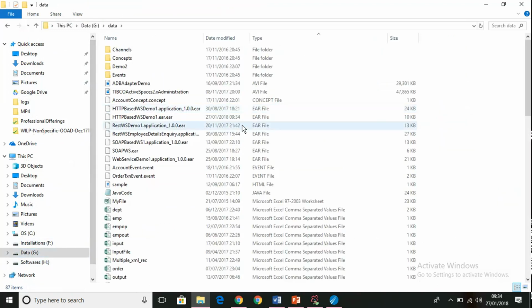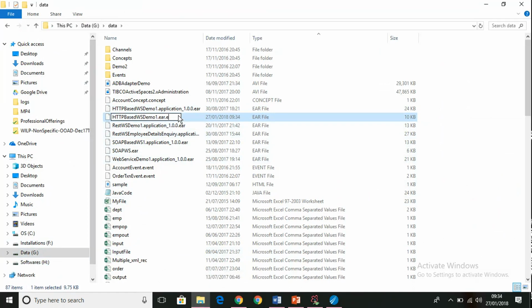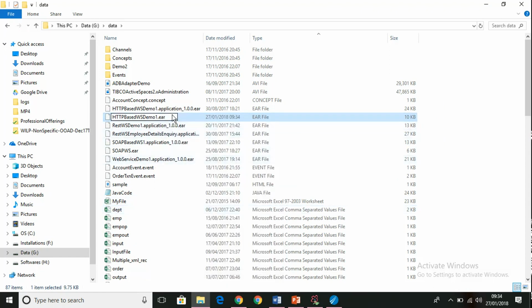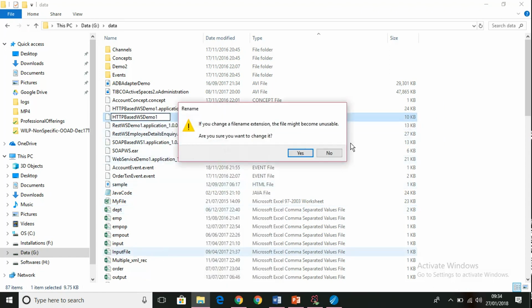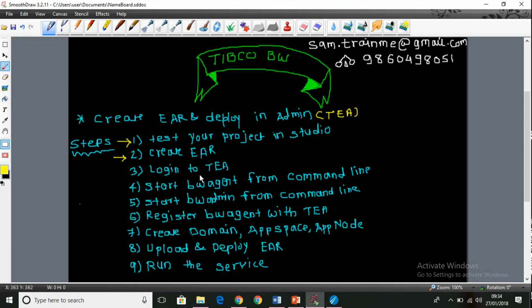In the G drive data folder, HTTP based web service demo.ear. I think it has taken the EAR extension by default. So this is what the EAR file is. That's generated. So here I completed my second step.